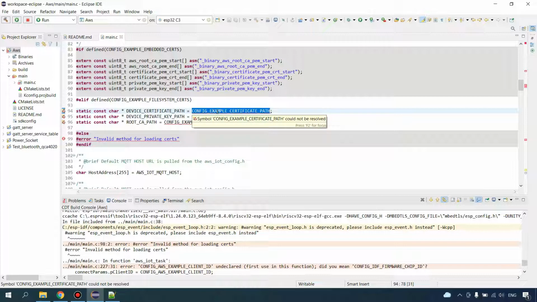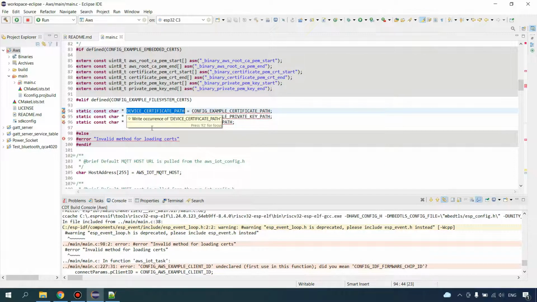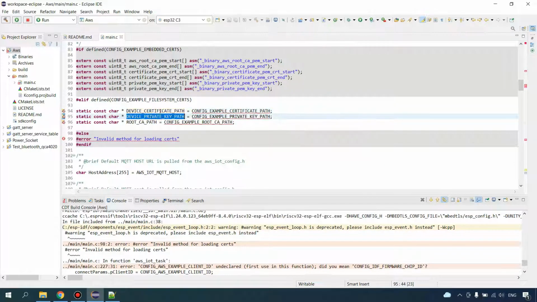So here we need to mention our certificates all in strings. If you go to your AWS IoT console on Mozilla Firefox, you can get these two, the certificate path and private key path.